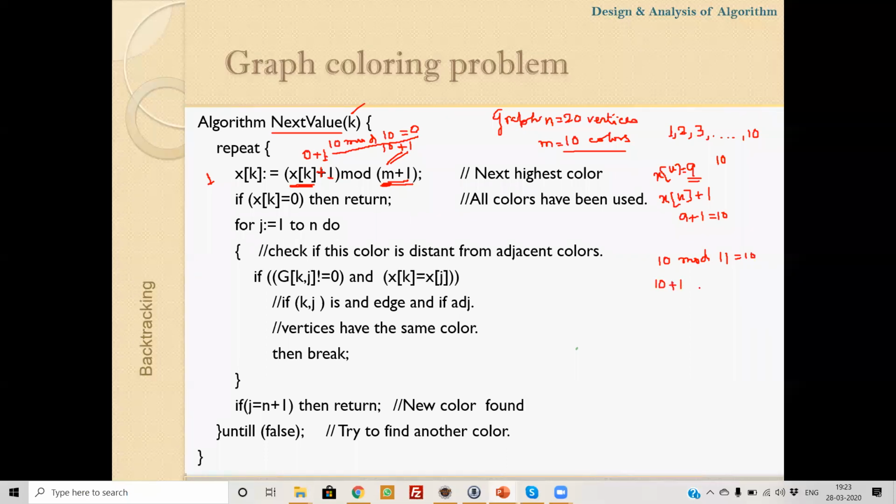So 10 plus 1 mod 11, this value is 0. So we have started from the beginning and tried all the possible colors, but if none of these colors can be assigned to this vertex, then this function will return. So all colors have been used.